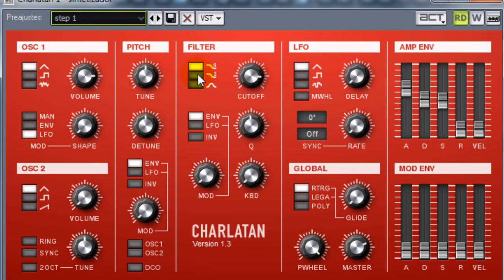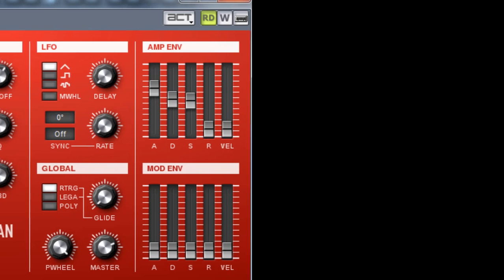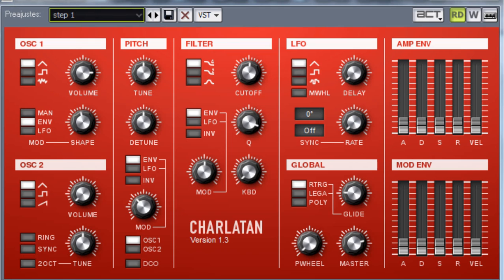We can apply another low-pass filter, or we could apply a notch. Notice that in this synth there is no resonance control, which would add harmonics to the sound when you sweep the cutoff frequency. If we follow the signal in a synthesizer, we see that it starts in the oscillator here,